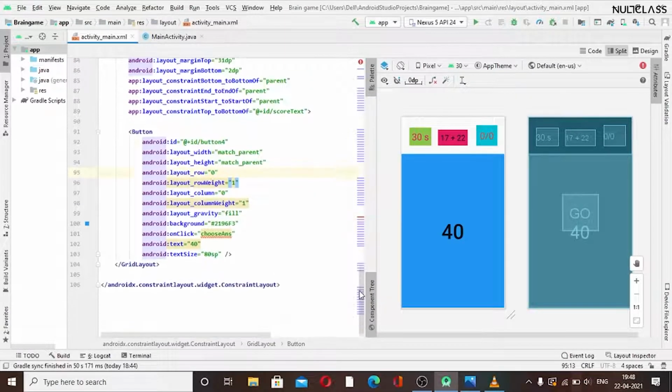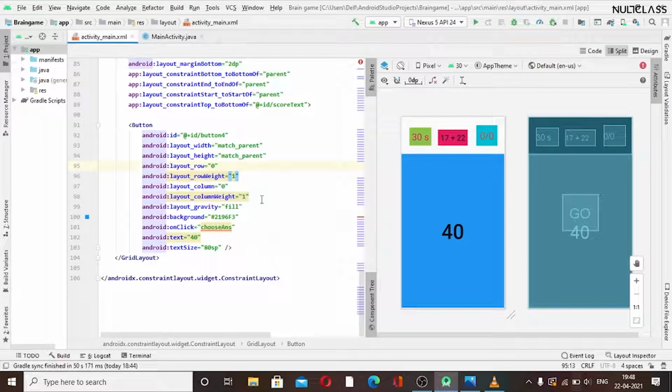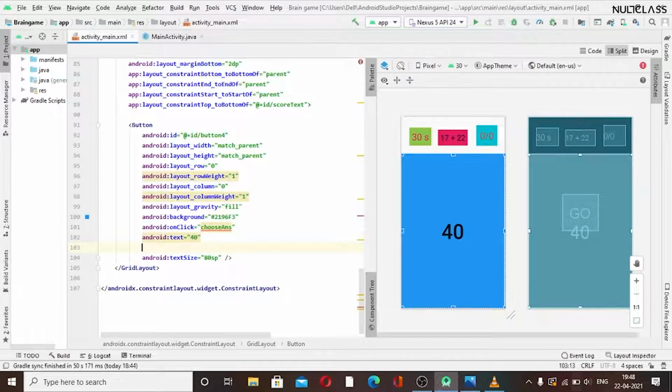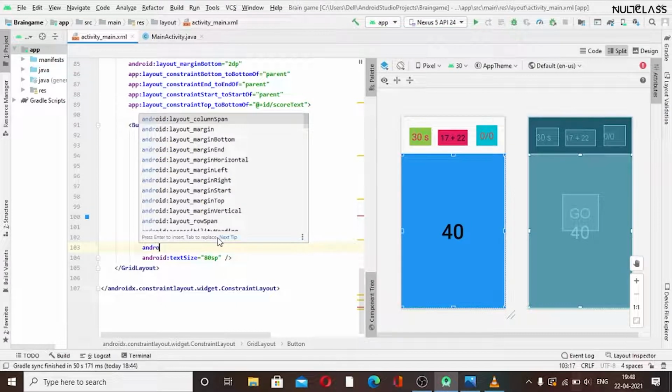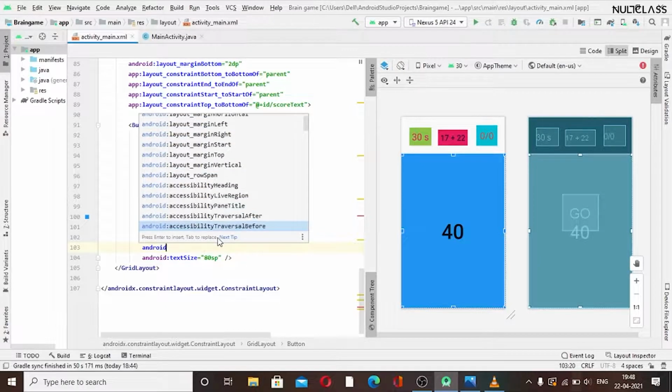And now we have to select this button, like we did for this, we have to do for the others. So I will be creating a new thing which we call a tag. We have it built in here, in the Android layout. I think this should be here.